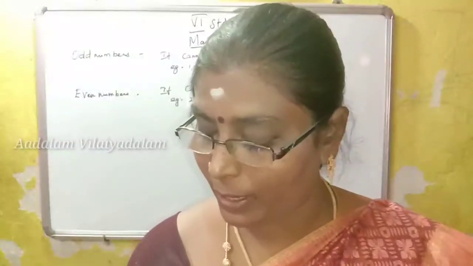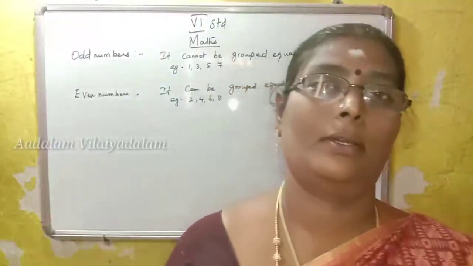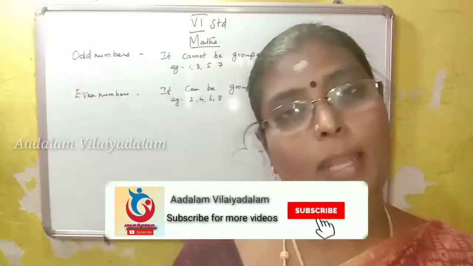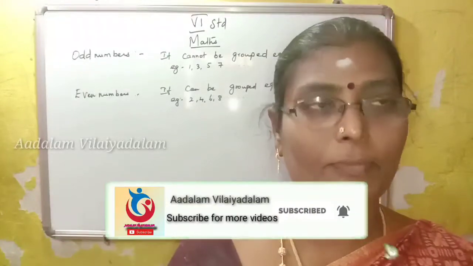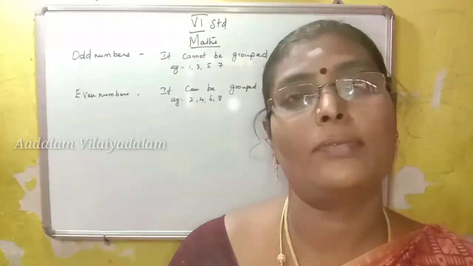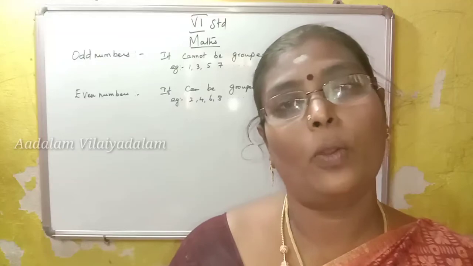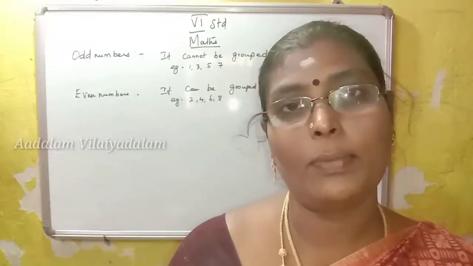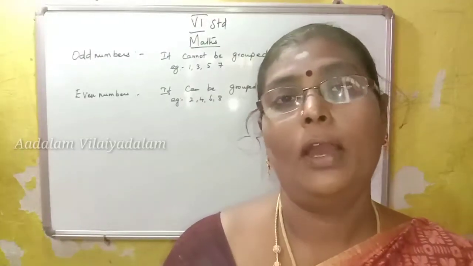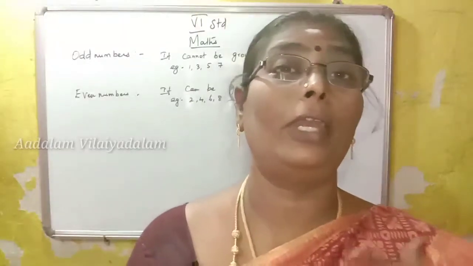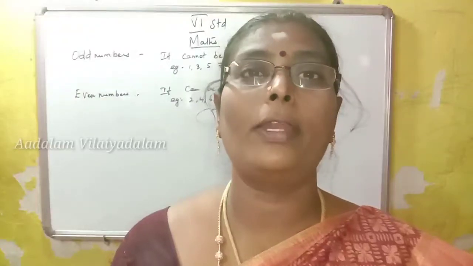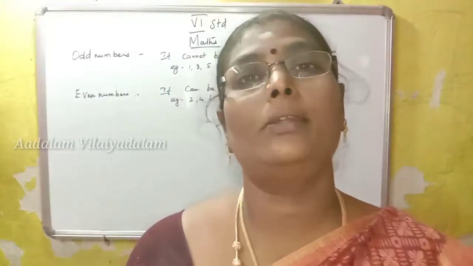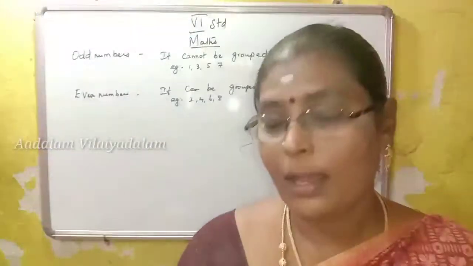Now I'm going to take the chapter Numbers. This you could have studied in earlier classes, from first standard itself, from LKG itself you could have studied the numbers, right? 0, 1, 2, 3, 4, like this you studied in the earlier classes. Now we are going to study numbers in an elaborate way in 6th standard, and what we study in this chapter is the basic foundation for further classes. So numbers means what?